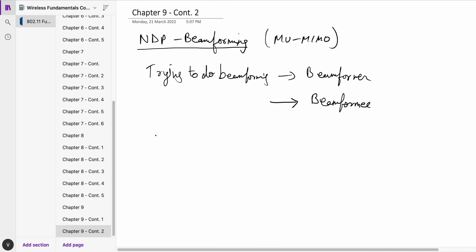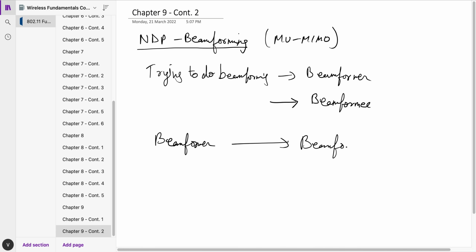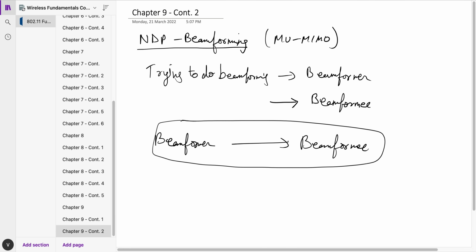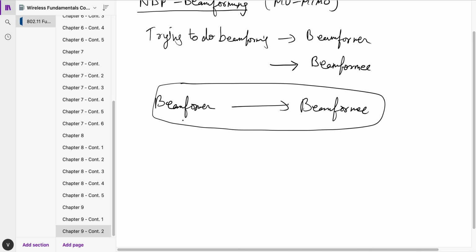So beamforming happens from beamformer to beamformee always. Okay. Usually it is done by the AP. The AP forms a beam to the client, but it can happen vice versa as well,